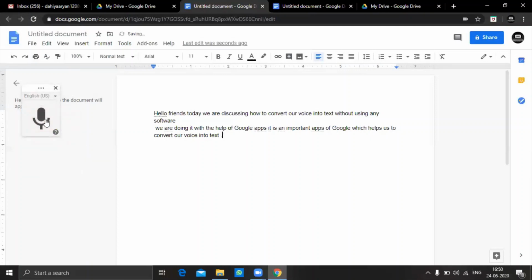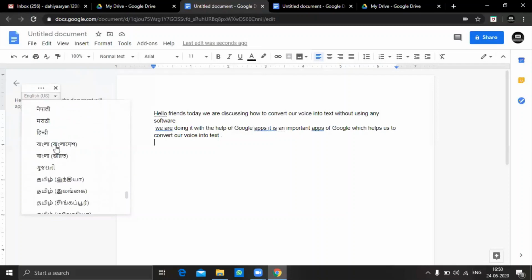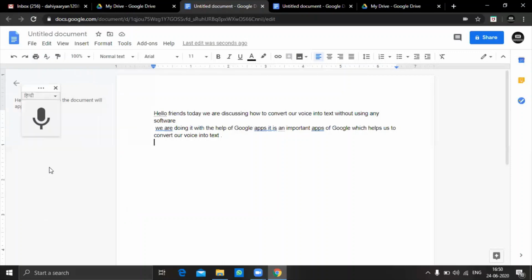So this is the way by which you can convert your voice into text. Suppose this is the English text which I am converting, and if you want to convert a Hindi voice into text, just click here. You can select here, different countries are there. The option is Hindi is there. You select Hindi. And then just same procedure which we have followed for English. Just click on the microphone and type.